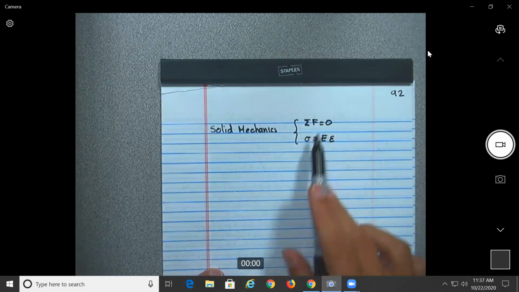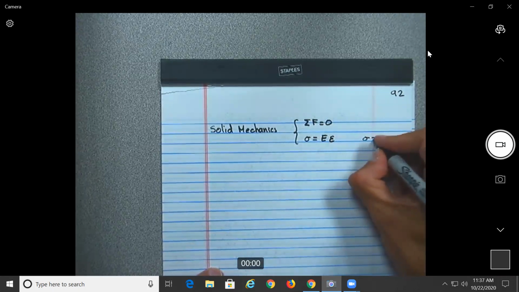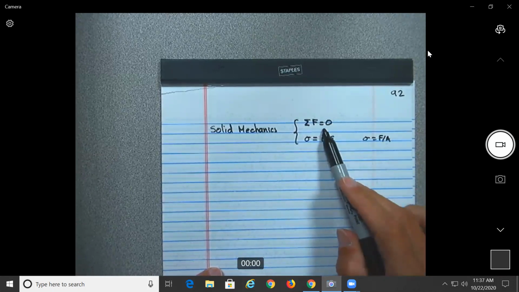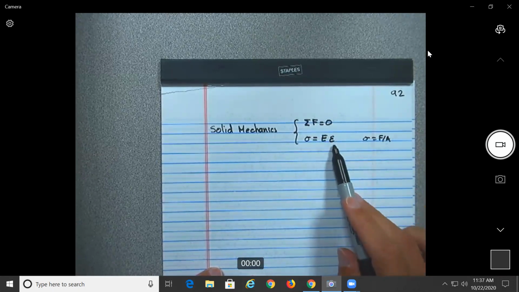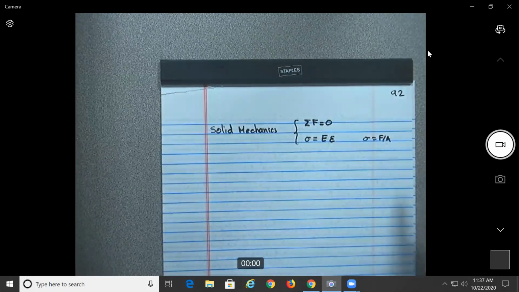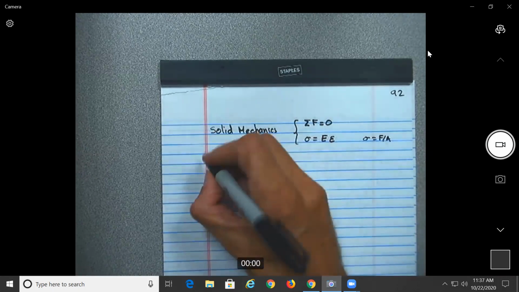And why can you relate this one? Because you know that the stress is force over area. No? So you will calculate the forces from here, and then you can calculate the deformation that are given by epsilon, by the strain, through this equation, which is Hooke's law. All right? In fluid mechanics,